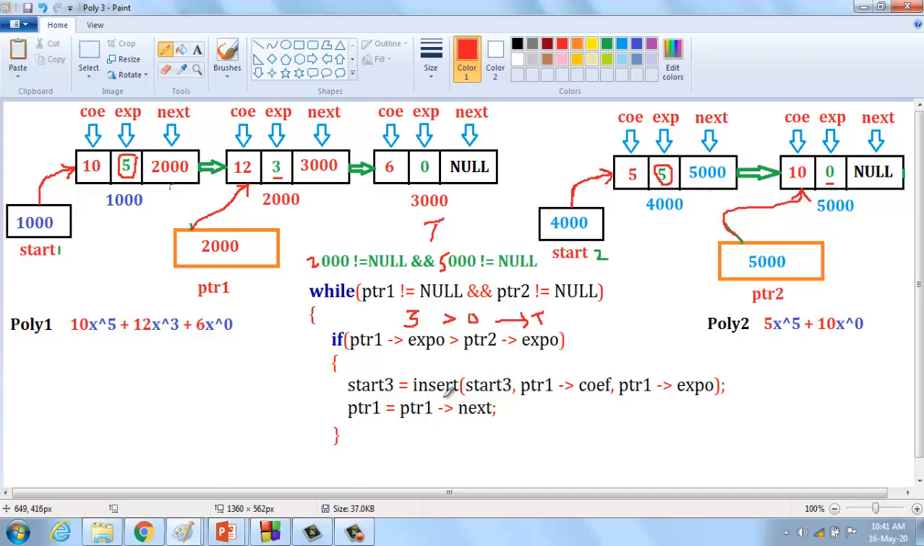Insert. Start 3 is a pointer, insert is a function. Here ptr1 coefficient. What is ptr1 coefficient? Coefficient is 12. 12 comma ptr1 exponential, which is 3. It directly inserts a node into the resulting pointer. What is the resulting pointer? Start 3. Automatically ptr1 equal to ptr1 next. What is pointer 1? Pointer 1 is 2000. 2000 next is